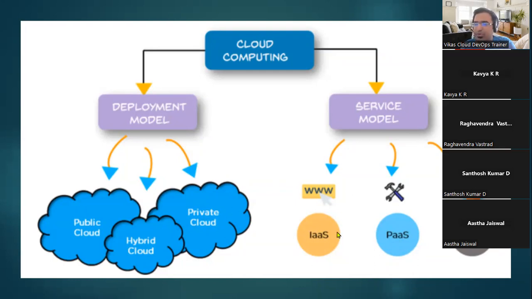You want to take only the infrastructure from the cloud, or infrastructure plus platform, or you directly want to take the platform, saying give me a ready-made thing, I want to use it. Or you say I don't want to create anything, I don't have any knowledge, directly give me the ready-made thing, that is software as a service. For platform, you say give me a ready-made thing, I will use it, or give me 90% of the work of the platform. For infrastructure, give me only a virtual machine or only hardware, I will configure it as per my requirement, that is infrastructure as a service.